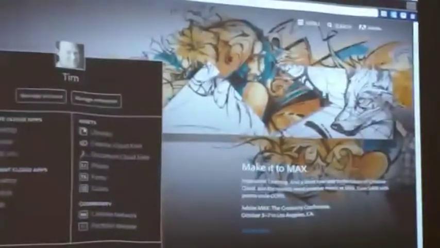So you can see I'm logged in, and that's my actual picture right there. That's actually a pretty good picture of me, so we'll keep it. And the reason that we're doing that is because it allows us to give you a much more personalized experience on Adobe.com. For example, if you want to learn more about something like After Effects, as you start to engage